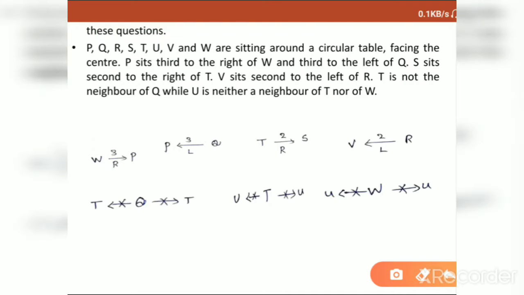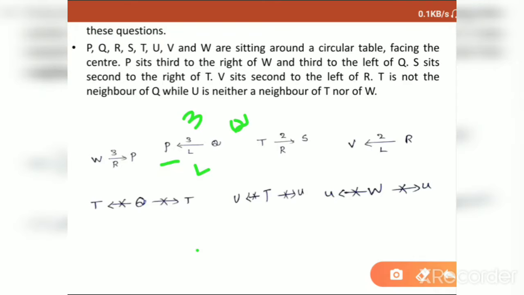Next, coming to the next information. When "and" is present, the next information belongs to the first person. If there is "who", then this information belongs to the second person. Since here it is "and", this information belongs to P. So, P is third to the left of Q. If you don't want to get confused, you should write it as P to the left of Q only. Then only you can represent the figure correctly.